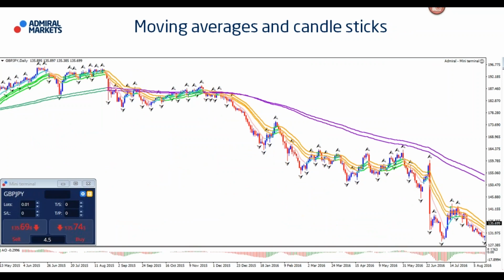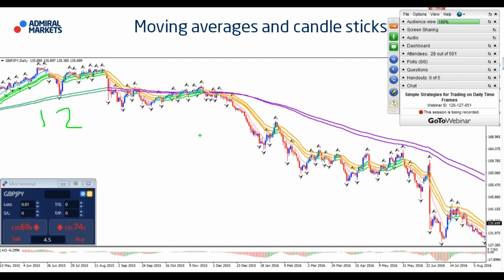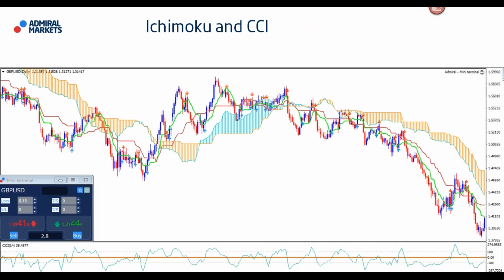Moving averages, 5 ways of trading it. We're looking for 2 reversal potentials, back to the 21 or long term, that's 1 and 2 basically. And then we're looking for the first breakout, the pullbacks to the 21, and the pullback to the 144 as 3 with-the-trend setups. Last but not least, the Ichimoku and CCI: we're looking for pullbacks within the trend, and then the turnaround using CCI. So those are some systems you might find interesting to test.